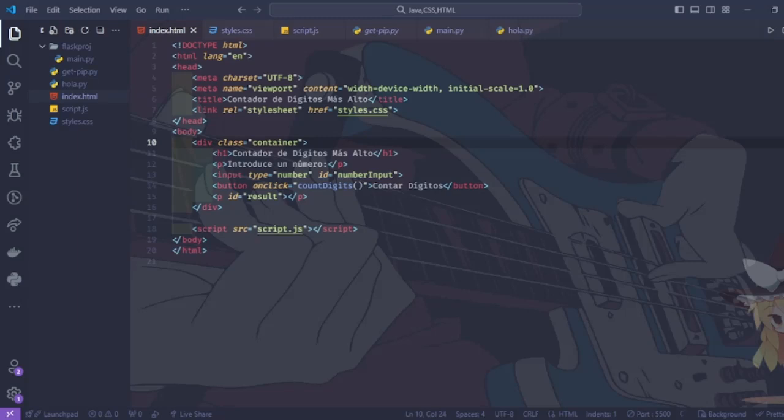And basically, what is the purpose of div? Okay, basically this makes a group with the visual elements of the app, with the "contador de hitos más altos", that is basically the title of the page. Later on we make an explaining text saying "introduce a number", and we put an input right there,